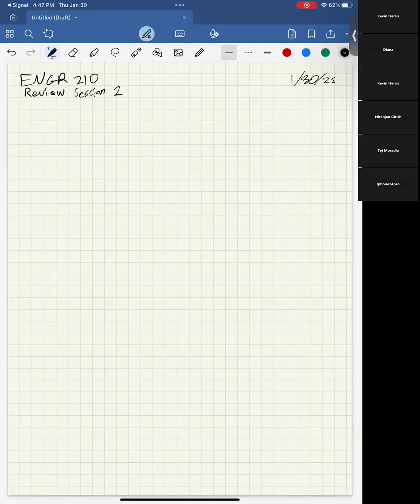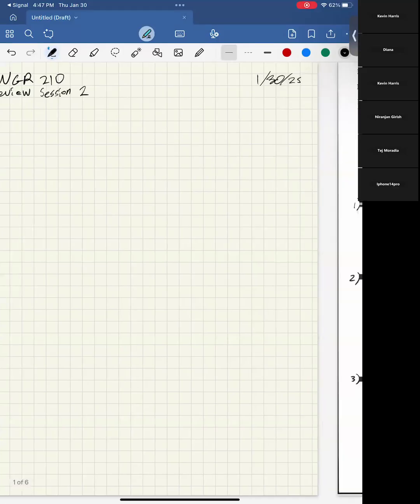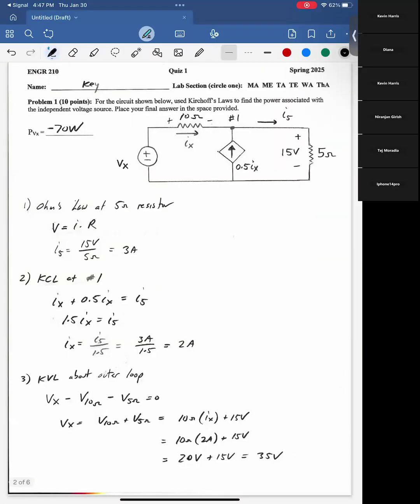1/30/25. But yeah, so I'll do some review of what node voltage is, and then some example practice problems. Actually, first I've decided that I'm going to start by just briefly going over the previous quiz